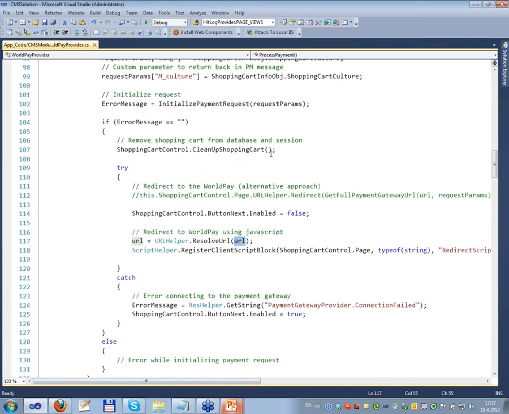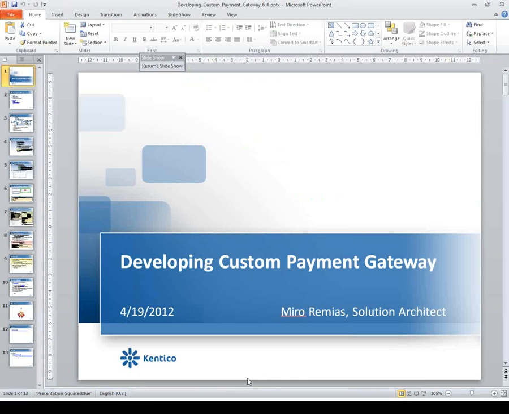But before doing so, one important thing here is to actually clean up your shopping cart. In some cases you don't want to do that, but in most cases after you get the information you need and before redirecting or before posting, it's always a good idea to clean up your shopping cart. So there is a method for that called CleanUpShoppingCart, which is part of the shopping cart control. Alright, what else do I need? As I explained previously,